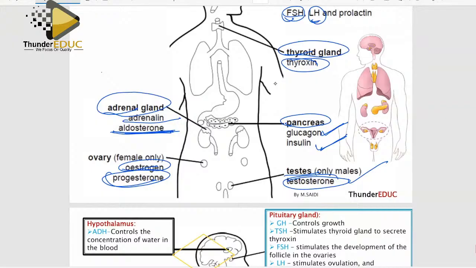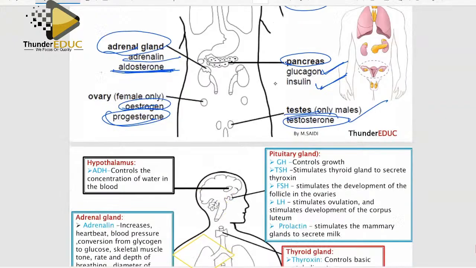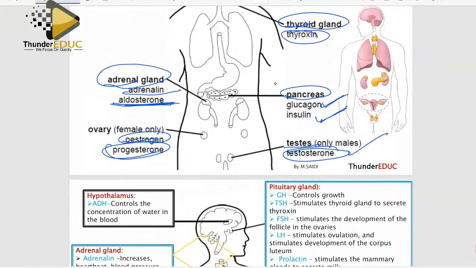If you inject yourself with testosterone, you're going to have characteristics of a man. And if you're a man and you're injecting yourself with testosterone, it means you're going to have more characteristics of a man. So it's responsible for secondary sexual characteristics in males. Number two, it's also responsible for stimulation of the what? Of the maturation of the sperms. Yes, the sperms are connected to testosterone.